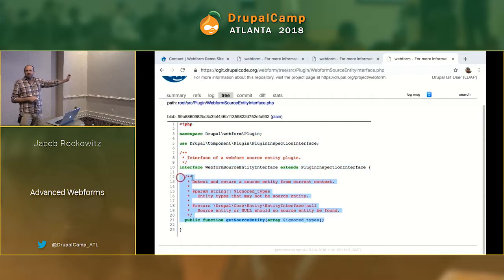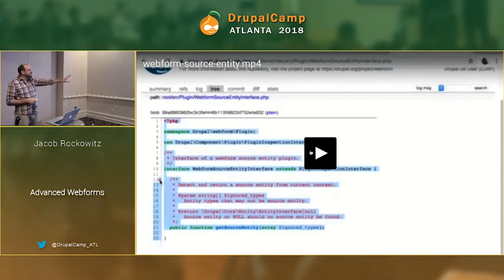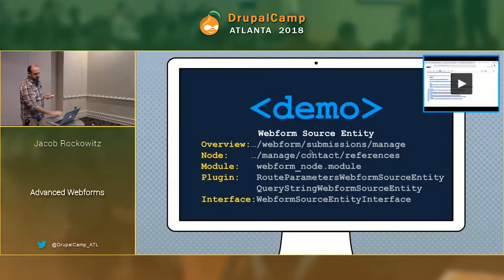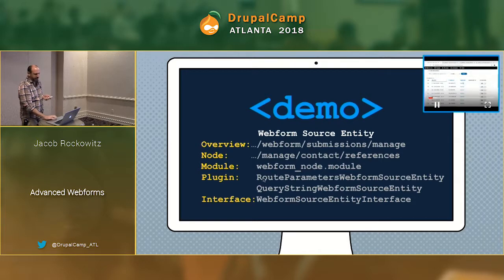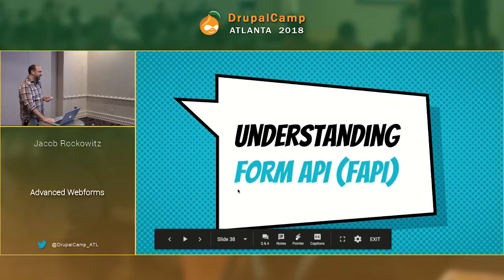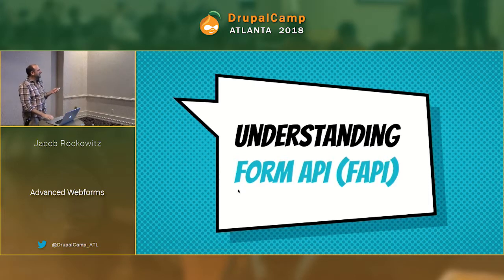It's a plugin that just has one method to it. The interface is get source entity, and that's all we're doing here. And I started with this because we're going to get into some more complex plugins. Okay, Form API. By the way, we're talking a lot about not web form related stuff necessarily, but Form API,